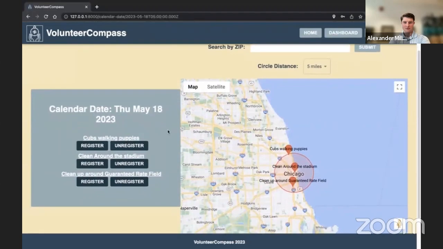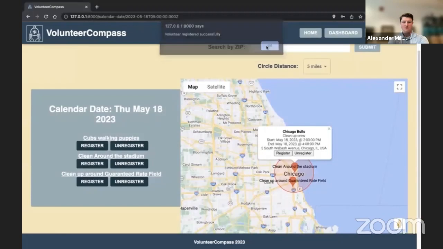So right now, if we click on one of the events on the map, we're able to register or unregister for that event. Okay, we registered successfully. Now, if we go over to the event page through the link,